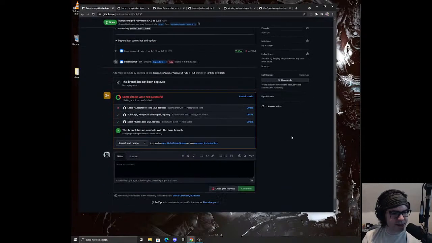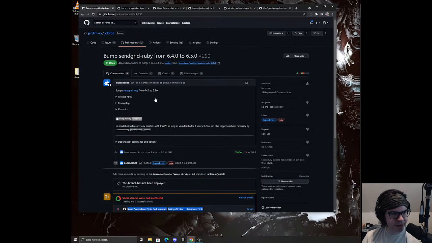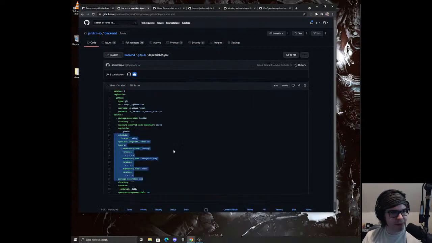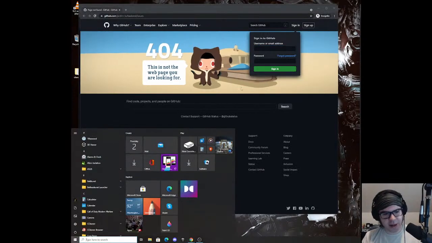And the other thing that's kind of messed up is we're going to have this flaky spec business happening here. To fix that, I think what we can do is probably see if we can implement that Dockerize